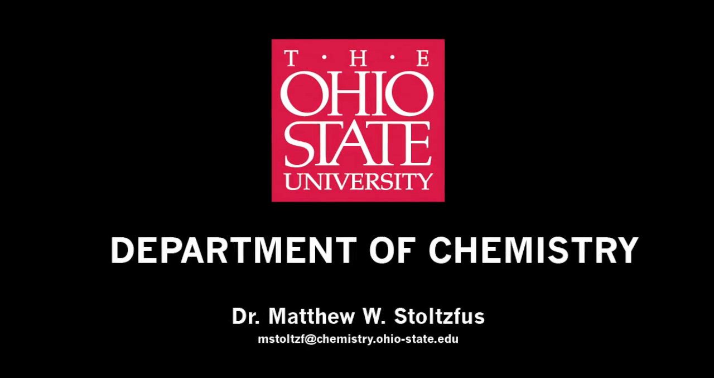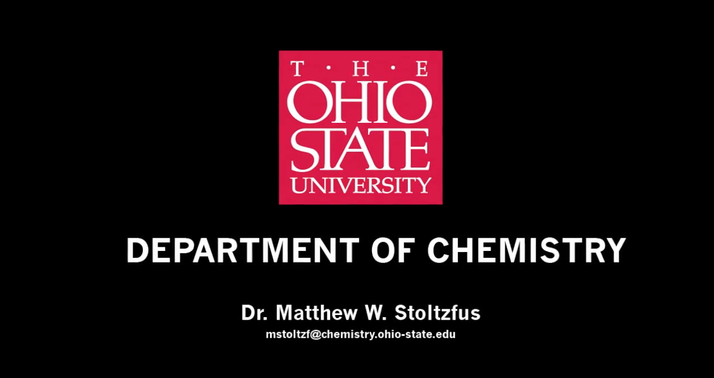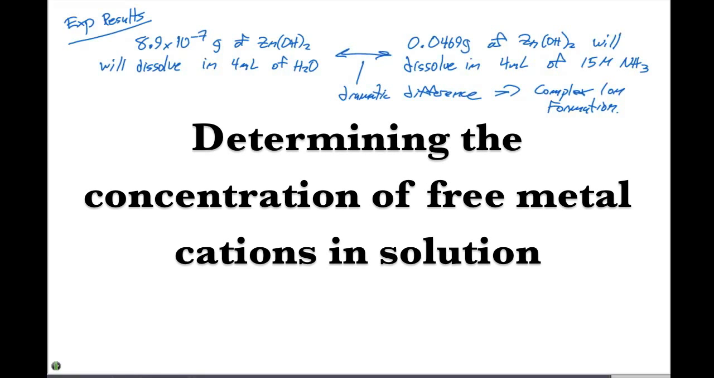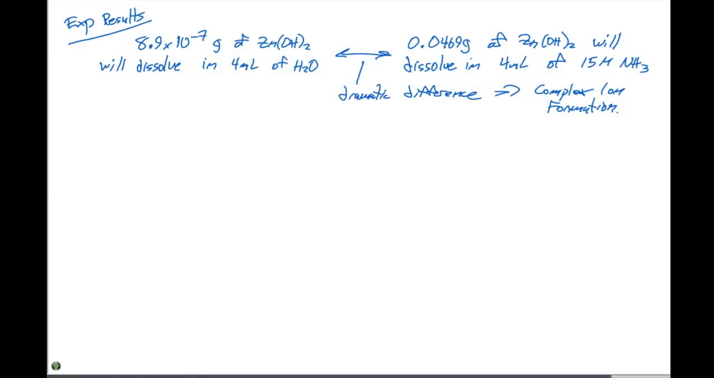So the next type of problem that we're going to perform is one that asks us what is the concentration of a particular metal cation in solution after the complex ion has formed. And the example that we're going to look at is silver. So we can ask the question, what is the silver plus concentration in a solution